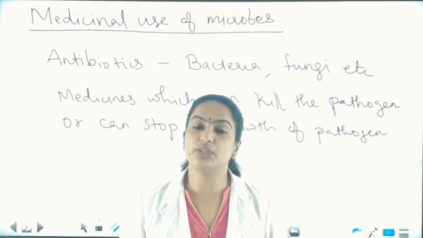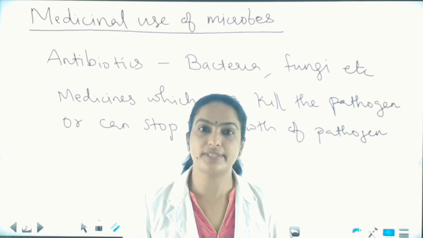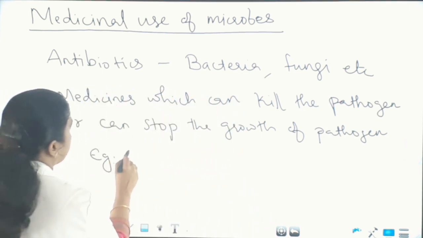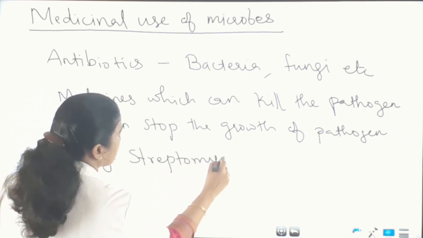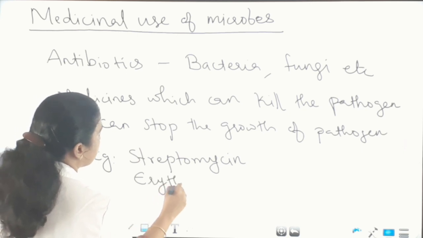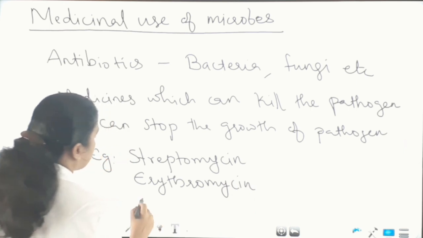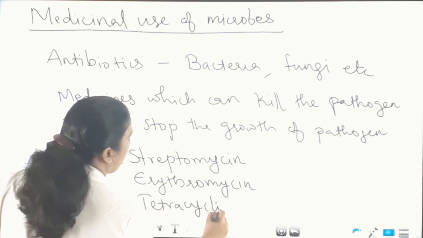The commonly used antibiotics that are prepared from microbes are, for example, streptomycin, erythromycin and tetracycline. These are the commonly used